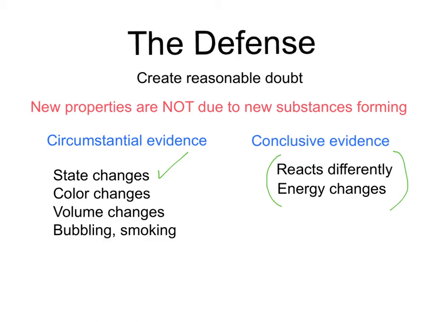This would be like if, for example, the prosecution in a criminal case were to say, well, the murder weapon has your fingerprints on it. And then the defense would get up and say, well, we think those fingerprints were incorrectly identified. They're not really the fingerprints of our defendant, like that. So you have to think about all these things if you're on the defense team.